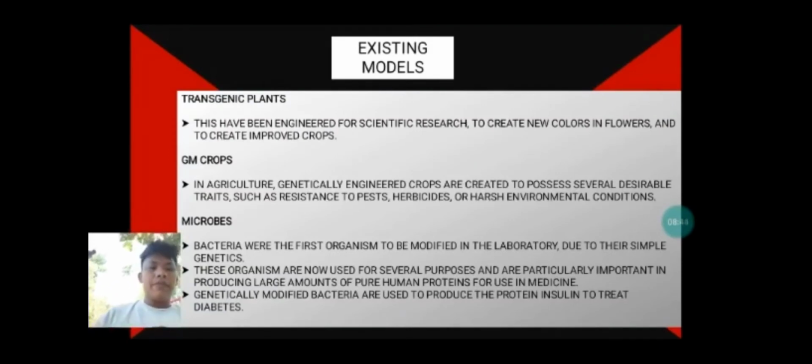So when can we say that that kind of plant is transgenic? Okay, so we can see if it is transgenic if its DNA is from a different species that was mixed in, for example the BT rice. Or are you familiar with BT rice? So that is one of the examples